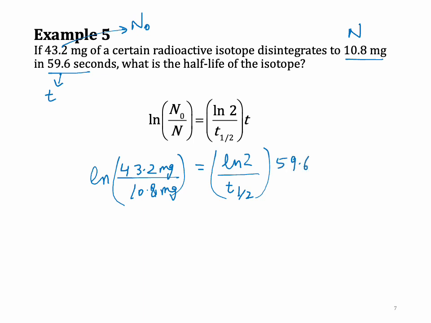So if we try and solve for t half from here, I would get the same answer. You just have to rearrange this equation. It would still give you the same answer as what we saw before. So you can even use this approach. That's just a formula that you need to use. It can also give you the exact same information that we were able to get from the half-lives. Okay,